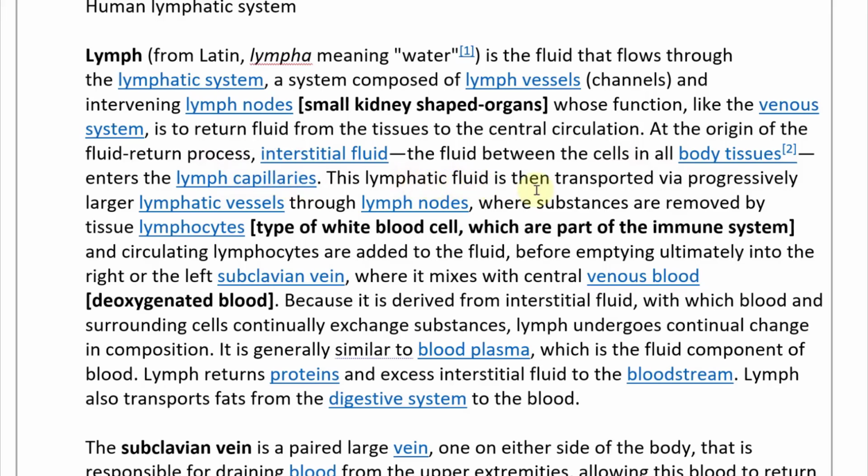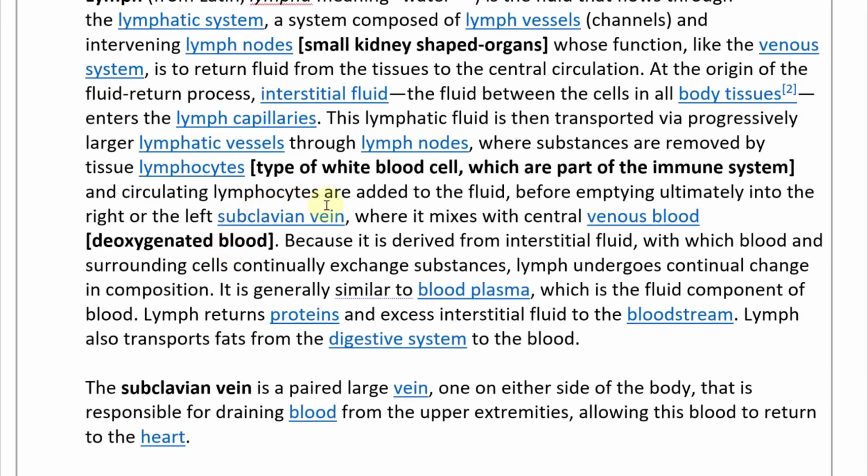This lymphatic fluid is then transported via progressively larger lymphatic vessels through lymph nodes, where substances are removed by tissue lymphocytes, which are a type of white blood cell that are part of the immune system. We'll get to that later in this video. And circulating lymphocytes are added to the fluid before emptying ultimately into the right or left